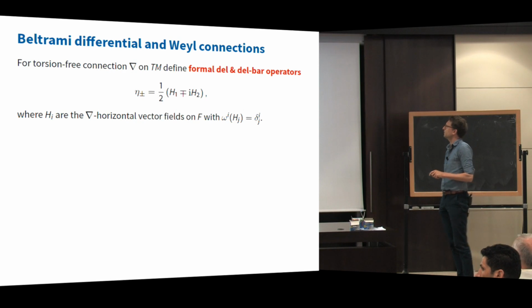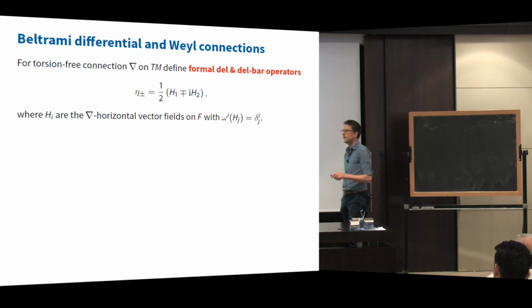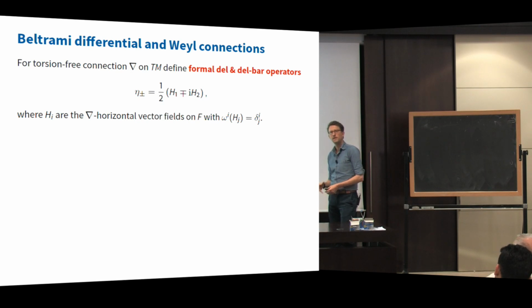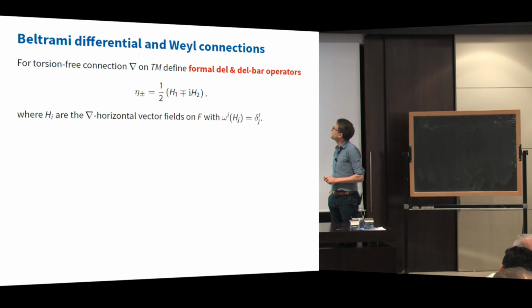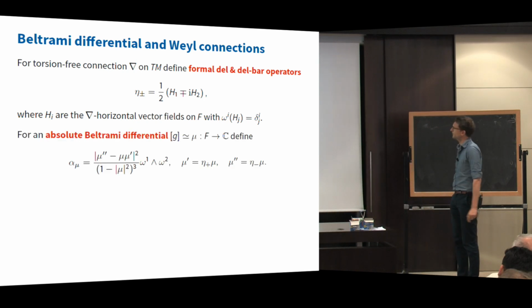So what's the relation between del and del bar? Say you had a Riemannian metric. You could reduce to the orthonormal frame bundle, which happens to be the unit tangent bundle if you fix an orientation. On the orthonormal frame bundle you still have the tautological form and the Levi-Civita connection form. So these vector fields are well defined in the case where you have some fixed metric. If you actually go through the computations, del and del bar really correspond to this thing here. It's a little computation.